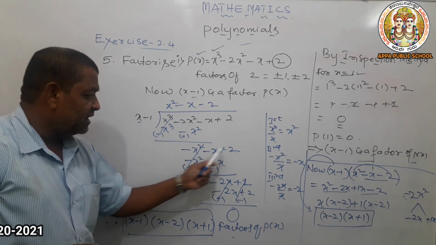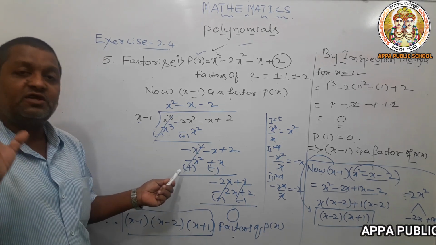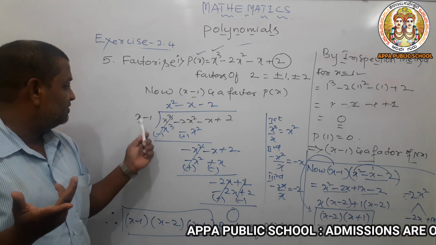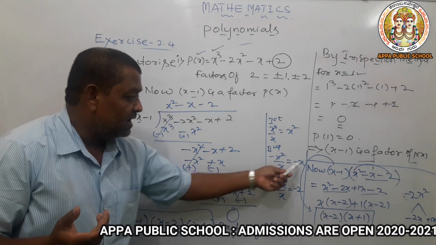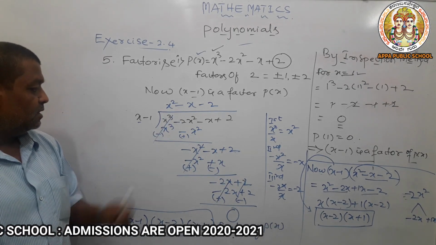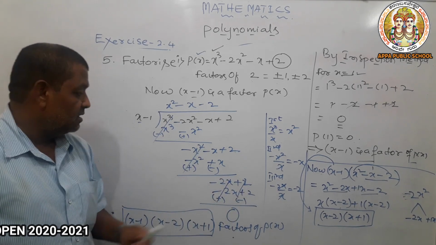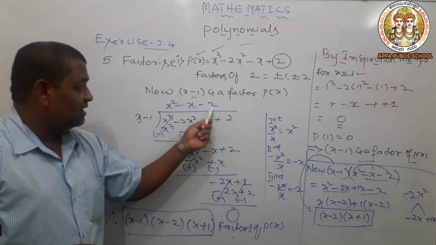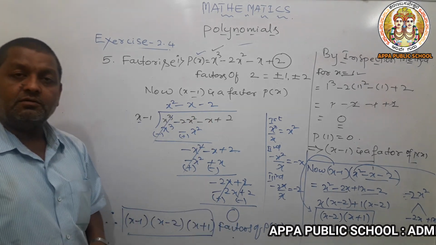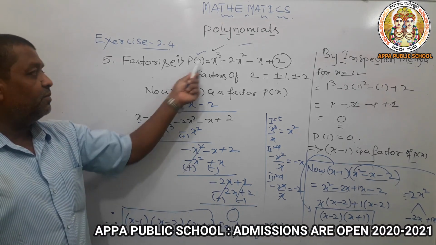What remaining things are we getting? Go on writing. Once again use the same concept of removing the first term. What do we need as a multiple of this divisor in the second term? Once again you check it, minus x. So take that minus x in the quotient place. Same multiplication, same things. Cancel first, remaining right: minus 2x plus 2. Once again the last is minus 2 as the multiple. Then multiply and you get the answer. So once you get remainder 0, this is the factor of the polynomial.